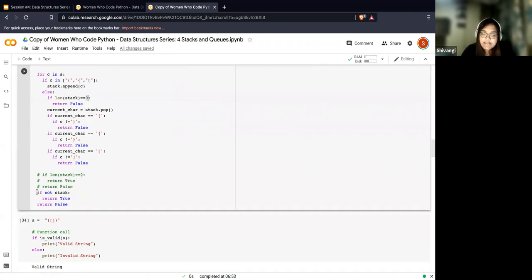If I just put a single equal to, it's an assignment statement rather than a comparison operator. So that's why the double equal to. Does that answer the question?